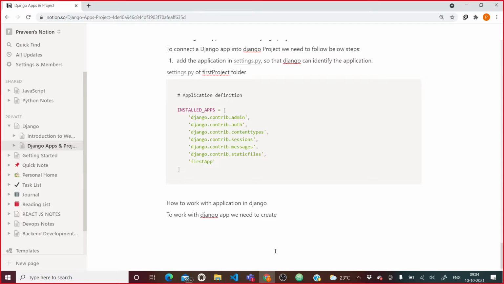View for our application, in the views.py file of the first app application. So where is the first app application?